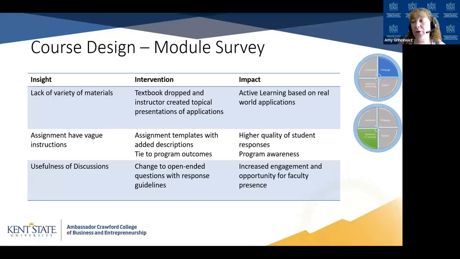And so that actually had us creating an outcome or a design standard that faculty are required to create multimedia presentations on topics for each of their modules. And the students really liked that because that gave them a different perspective. It really increased their active learning. It gave us applications to that real-world experience that they were kind of missing by just looking at the textbooks. We've also seen that students like the discussions.